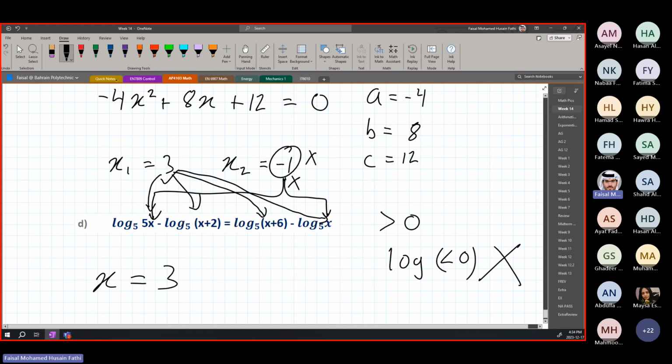Keep that in mind, because you have multiple choice. I expected that they will put both these answers in the multiple choice, but x2 is not correct. It's only x equal to 3 that is correct. Okay? Easy. Any questions before we take a break and start solving the